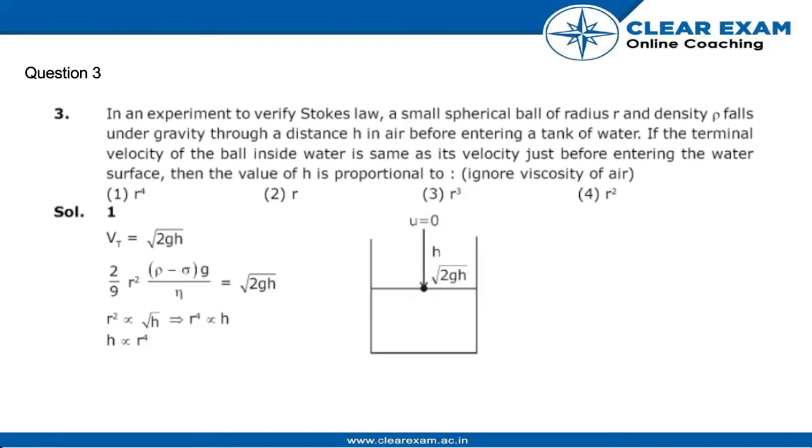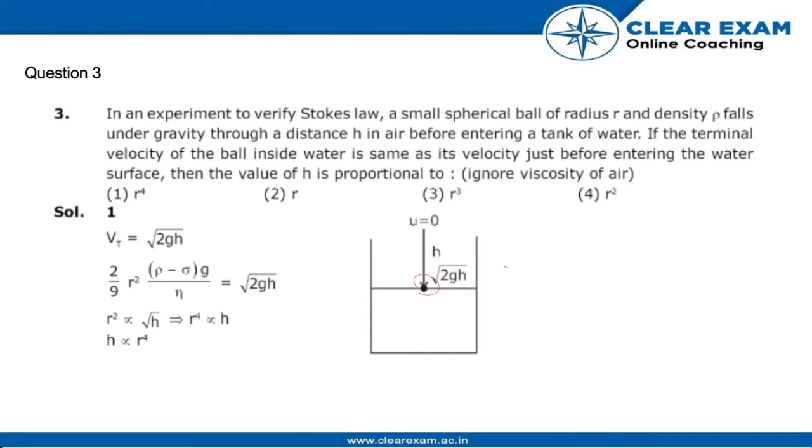In an experiment to verify Stokes' law, a small spherical ball of radius r and density ρ falls under gravity through a distance h in air before entering a tank of water. If the terminal velocity of the ball inside water is the same as its velocity just before entering the water surface, then the value of h is proportional to